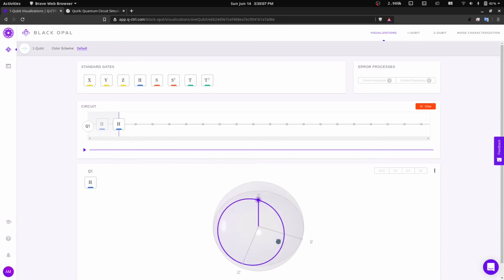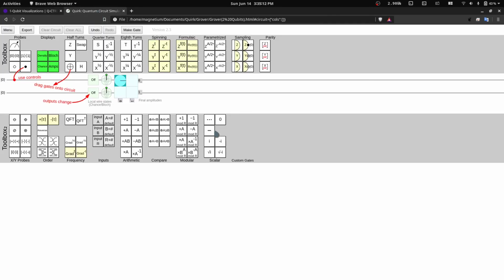And there's another tool that you can use in order to check the effect of the gates on the state of a qubit. This is known as Quirk. This is an open source tool, and it's quite famous and commonly used in the quantum computing community. So let me tell you, all these gates, you already know these basic gates. Then these are quarter turn gates, which are nothing but half of the rotation of the previous gates. Then these are eighth turn gates, which are nothing but 1/4 rotation of the original gates, and so on.